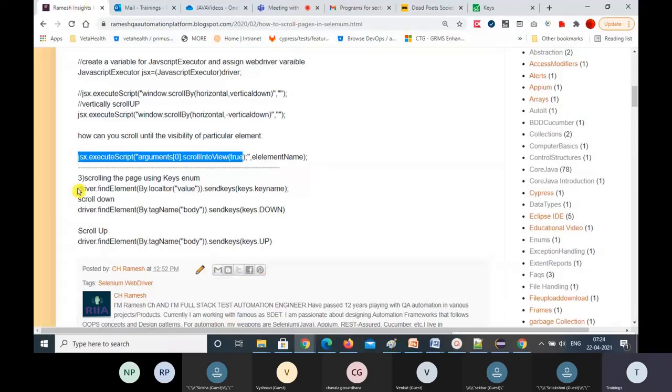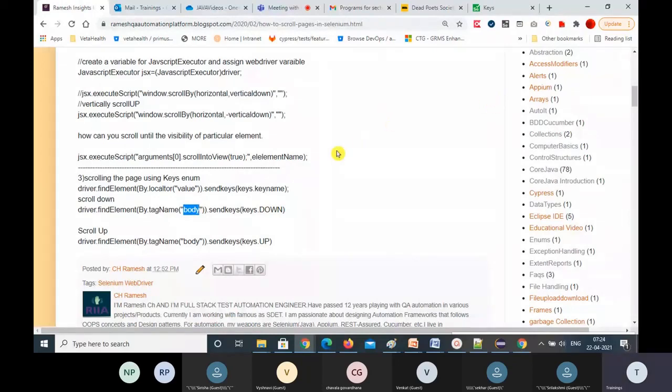See that. driver.findElement(By.locator(value)).sendKeys(Keys.keyName). Whichever key you need, to scroll down the entire page, the entire page is represented by the tag name body tag: HTML, head, body. The entire visible portion is represented by the body tag.